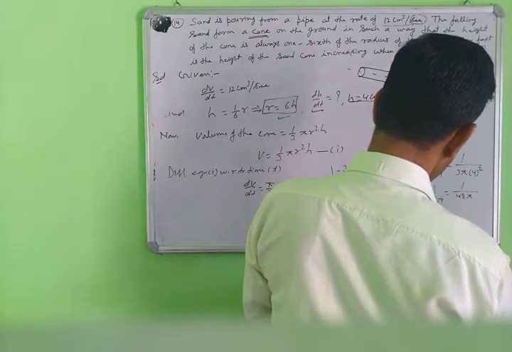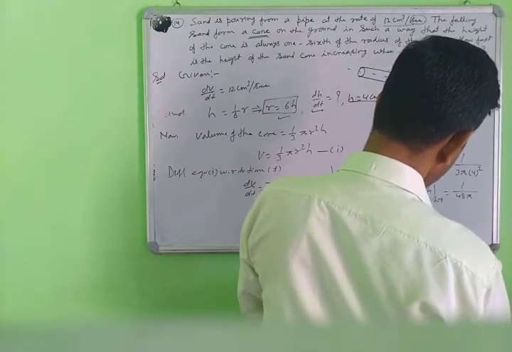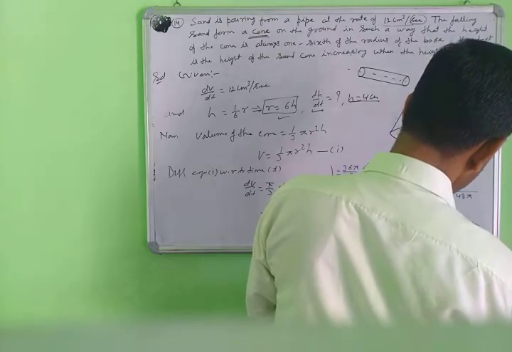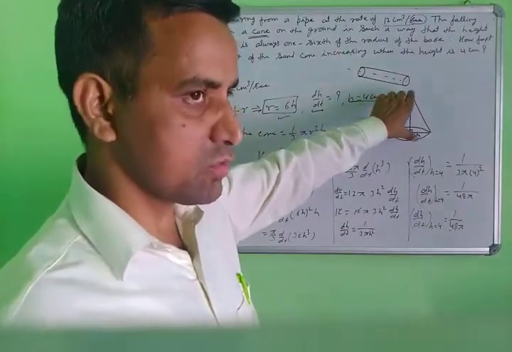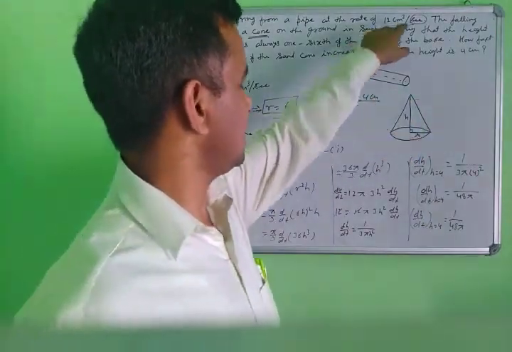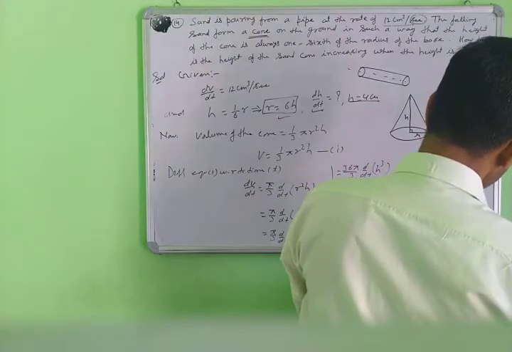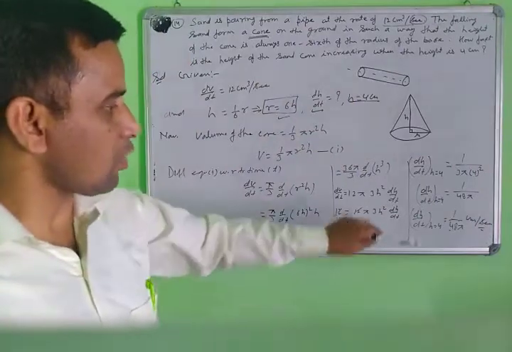H equal 4. So dh over dt at h equal 4 is 1 upon 48 pi. And what is the unit here? H is the height. This will be centimeter, already given here in centimeter. So this will become centimeter per second, the increasing rate of the height.